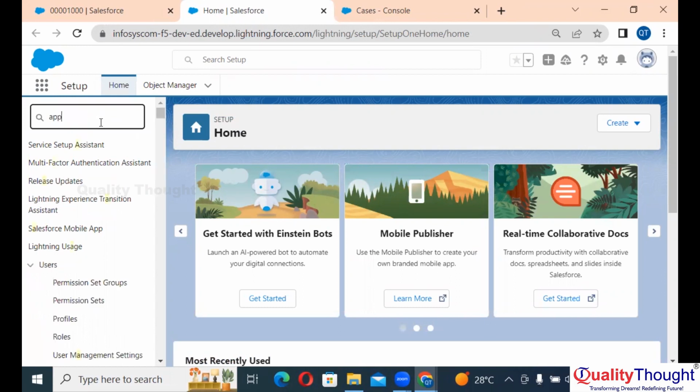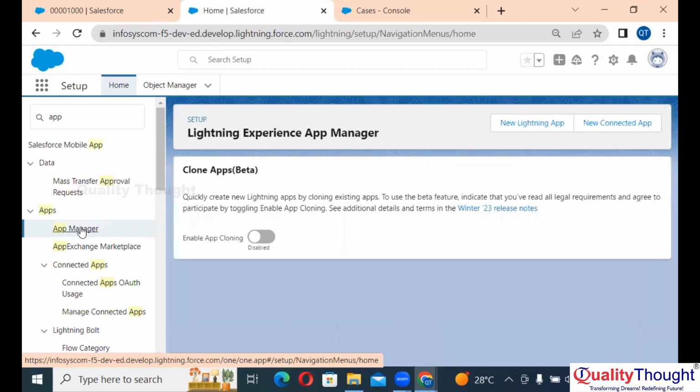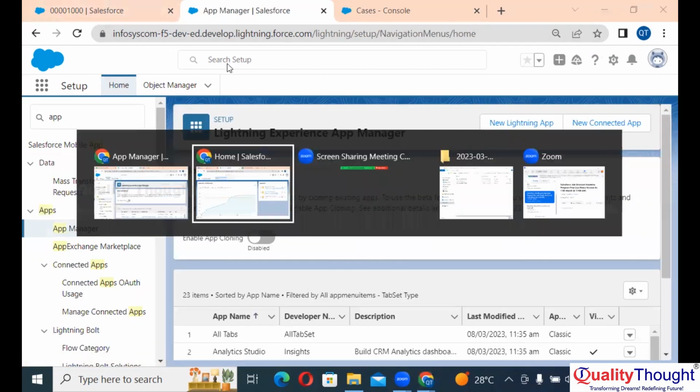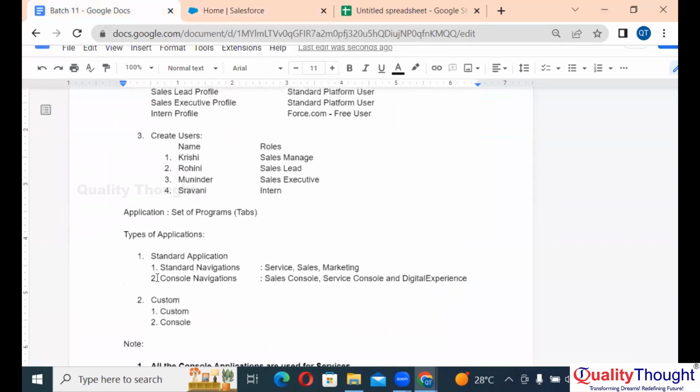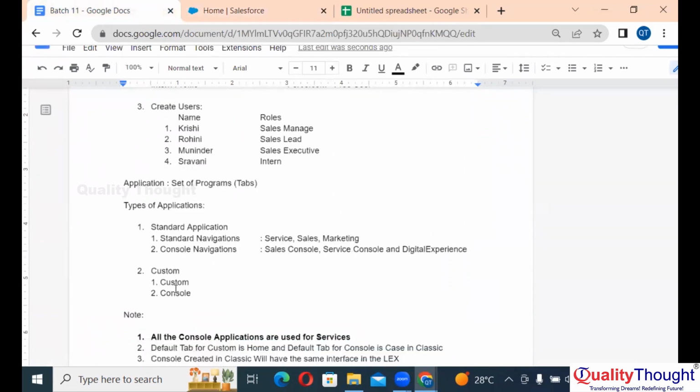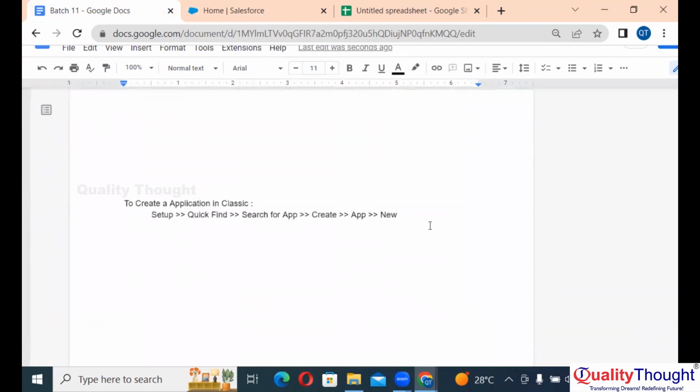Okay, I need to go to App Manager. I wrote the navigation part, right? To create an application in Lightning Experience,